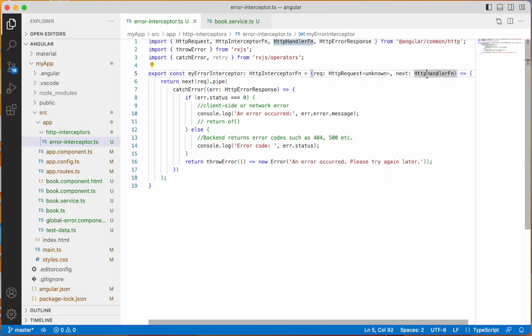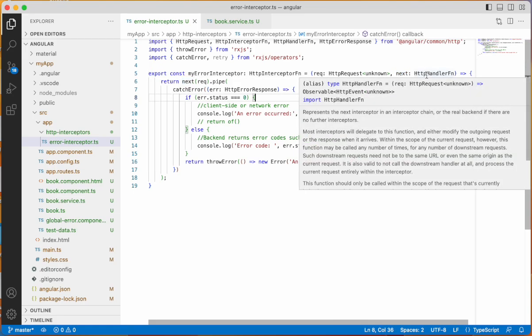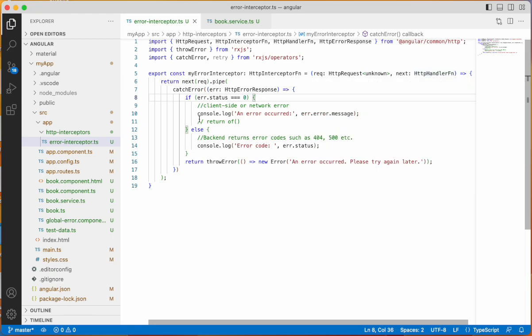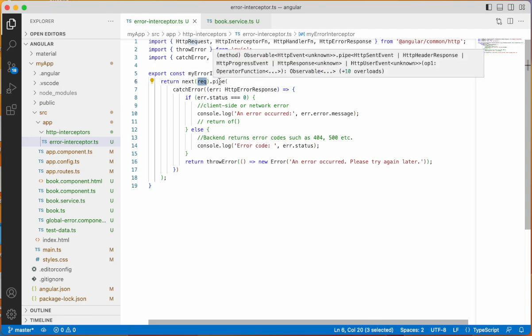Using HttpHandlerFn, we handle the next interceptor in the interceptor chain, or the real backend. It works as the real backend if there are no further interceptors. So in the next function, pass the request, and using the pipe operator,